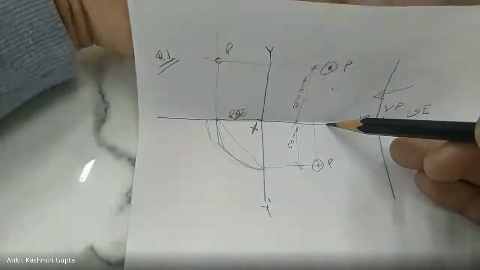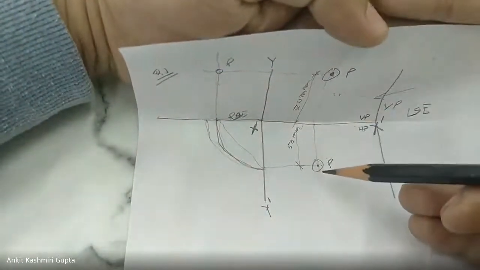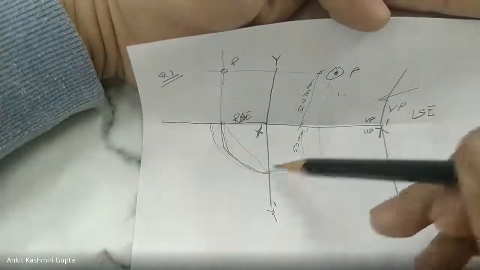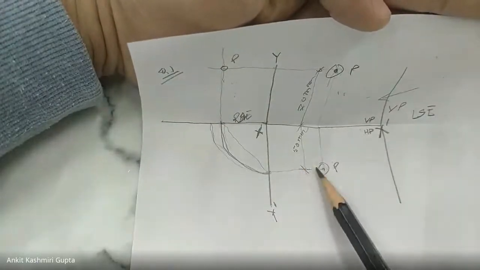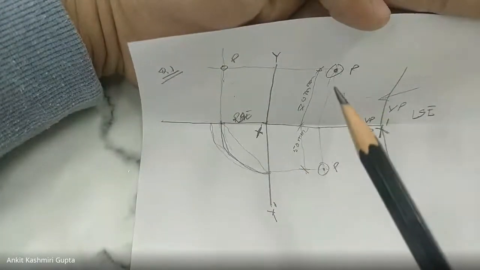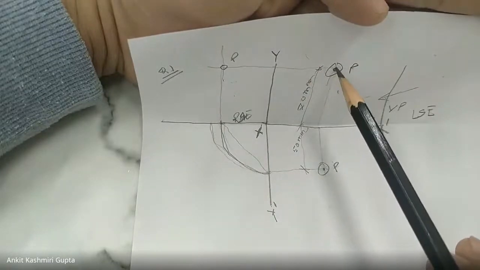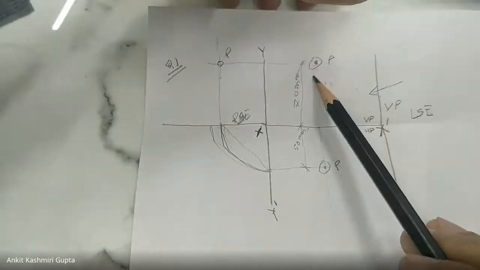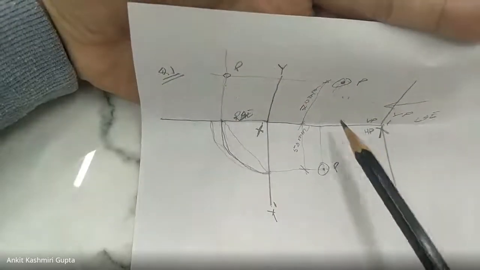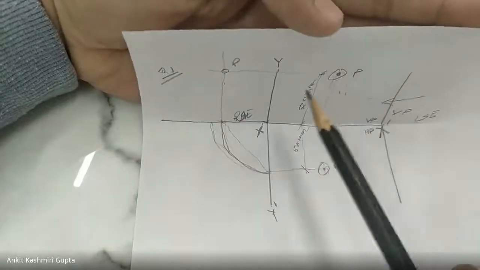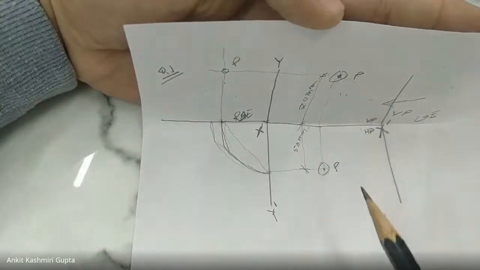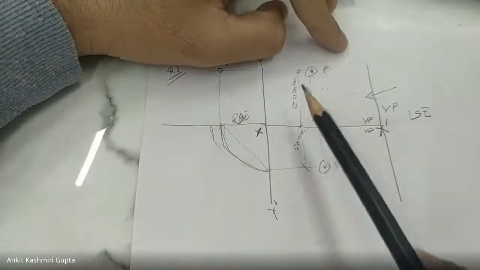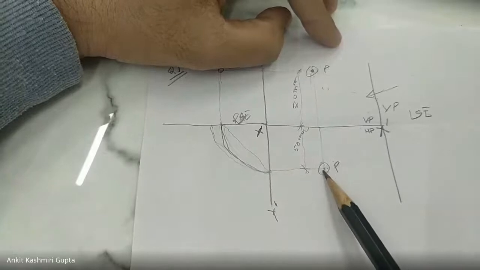That means this is the 3D, and if the point is lying 70 mm above HP, my horizontal plane is the plane at the bottom. Now, if it is the bottom plane, then 70 mm above this will come in the vertical plane. So it will be 70 mm above in the vertical plane and 50 mm in front of VP. The vertical plane is this standing plane, and 50 mm in front of it my projection will come in HP. So 50 mm below and 70 mm above, my points will lie on a single line.